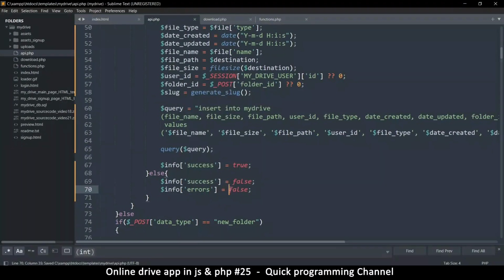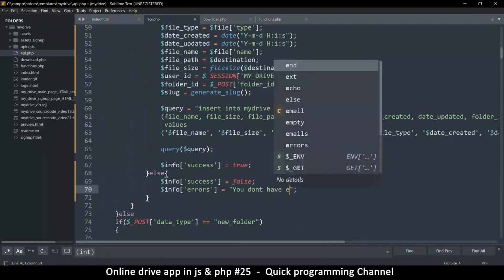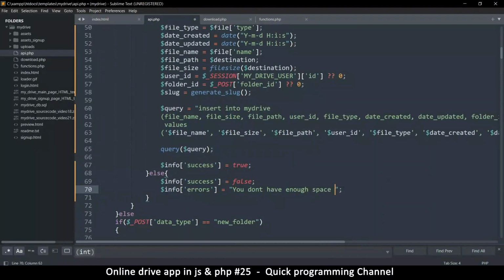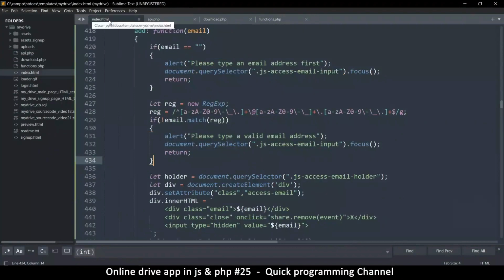Maybe errors, right? This one we can say you don't have enough space to add that file. Now errors is multiple, so we're just going to add something there, like so. Okay, pretty good. If I get back to my